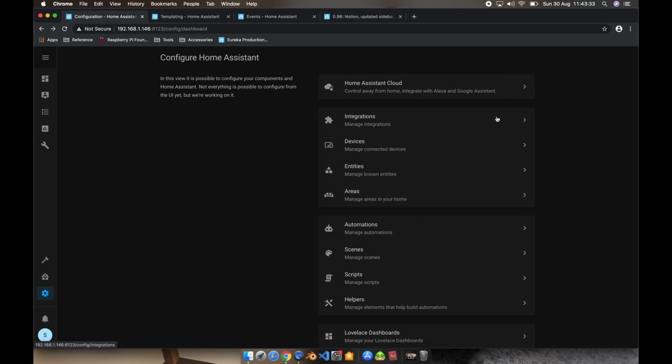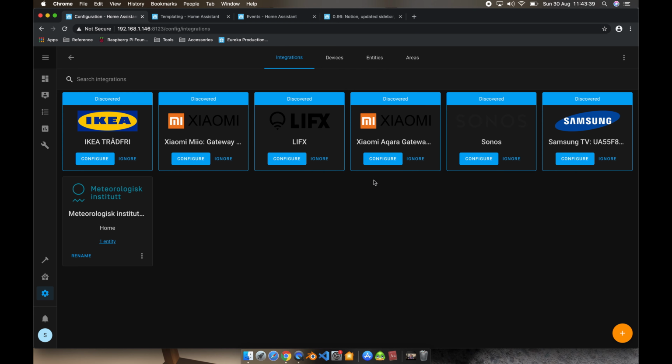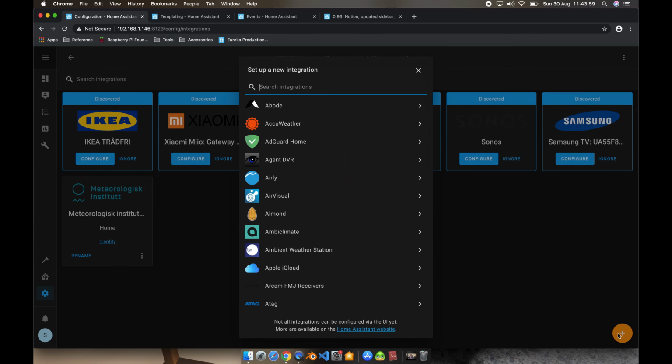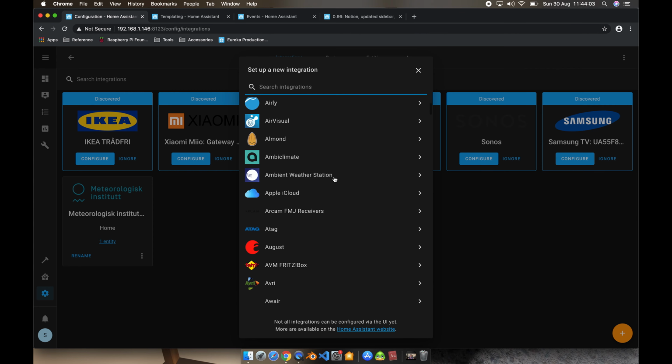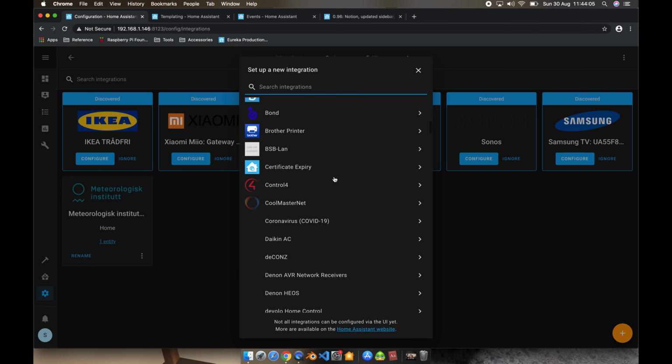There's integrations, and we spoke about integrations both in the last video and briefly before. If we look at integrations, we can see that we've got discovered integrations available that we could turn on. And we've got this integration that's already set up, the Norwegian Meteorological Institute. So, for example, if I wanted to add an integration here, we would click on the orange circle in the bottom right corner and say I wanted to add,